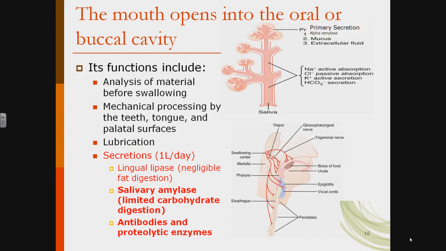There's also, if it's agreeable, mechanical processing. You start to chew, you start to roll the bolus into a sphere with your tongue, and also mash it up to the upper surfaces of your soft and hard palate. So you're just trying to mound it up into a swallowable sphere called a bolus. You also are lubricating it with salivary secretions.